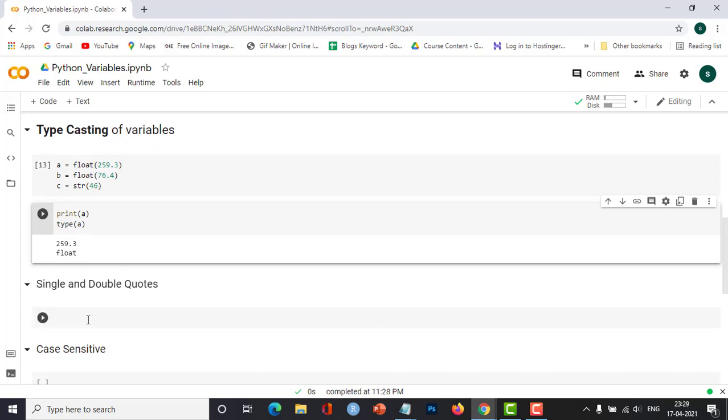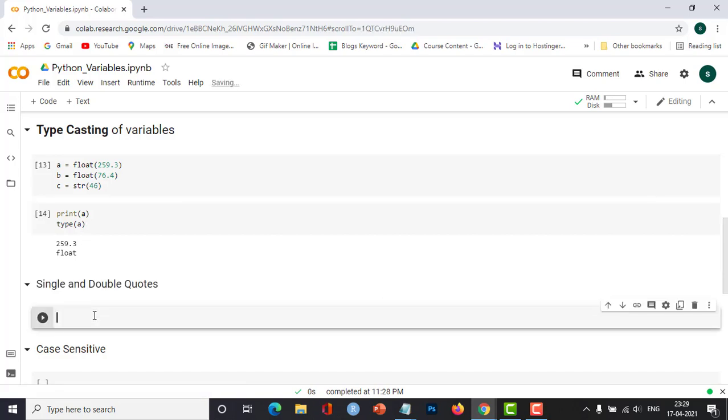Now the next thing is, what if you are declaring a string? For declaring a string, suppose I'm giving string equal to XGBoost Academy is the best. So this is a string.